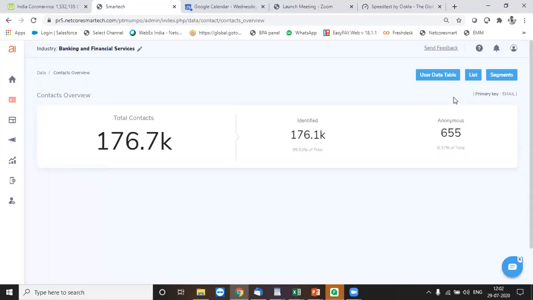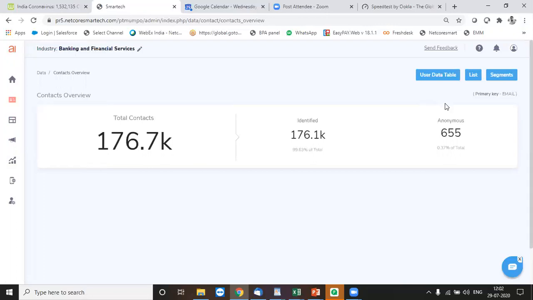Apart from the primary key, there is another aspect which is attributes. That is basically the aspect data. Let's say I take my primary key as email. But apart from that, what other identities do I have? Like my location, my name, my category, or my income. All these things can be attributed towards a particular primary key.